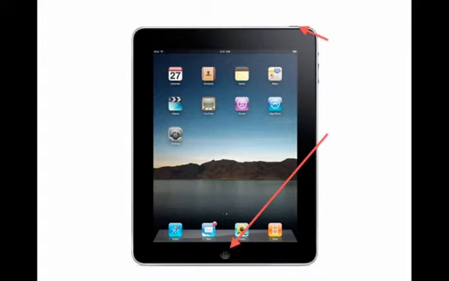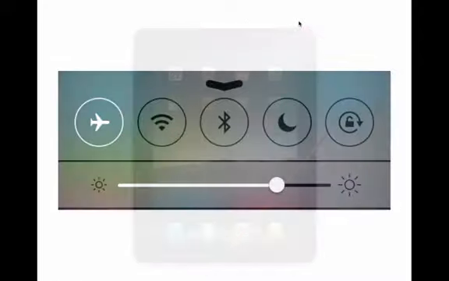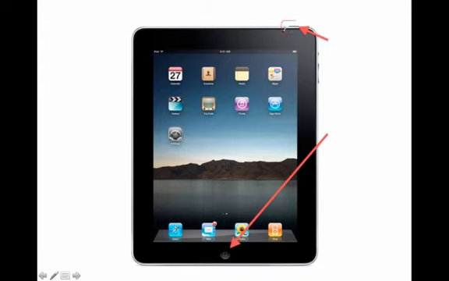Finally, if your iPad is not working and you need to shut it down, if you hold in this button up here for a few seconds, and by the way, it's hard with these cases because of the way that they are, so you might need to push in a little bit harder than you might think. But if you hold that button in for a few seconds, you'll see a menu that comes up right here that says swipe to power off. If you shut down your iPad and then you turn it back on, which would be done by then again holding this button up at the top after a few seconds of it being shut off,